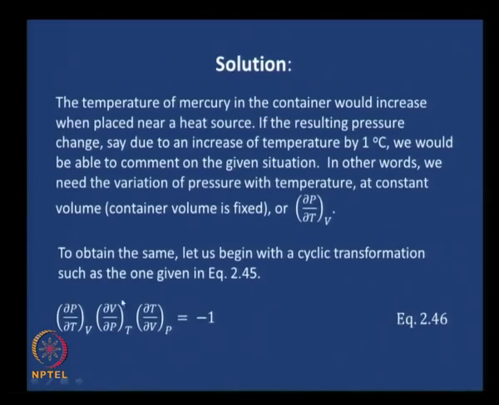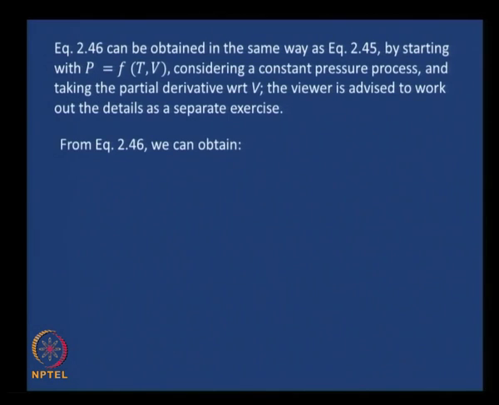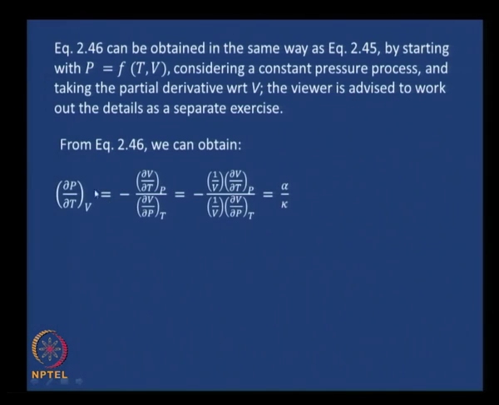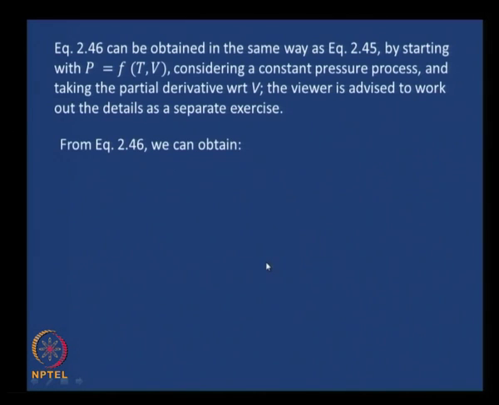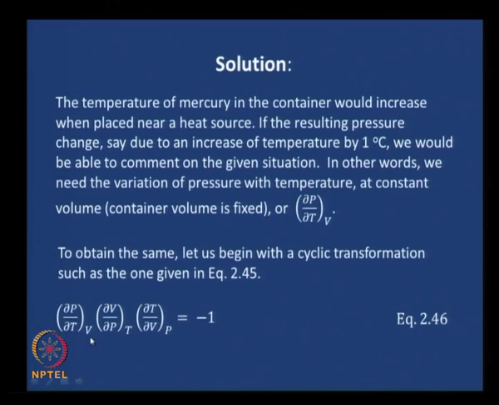Okay. Now, you would have derived this expression. If you are unable to derive, you can of course ask for help. Now that we have this expression, we can write, starting with (∂P/∂T) at constant V, (∂V/∂P) at constant T, (∂T/∂V) at constant P equals -1. What we need is this, which is the first term.